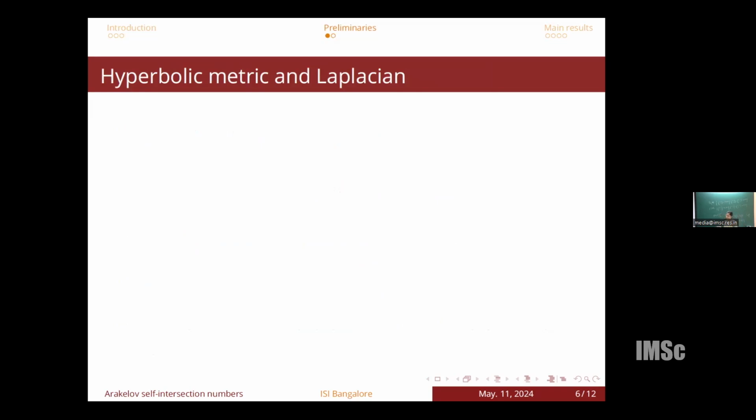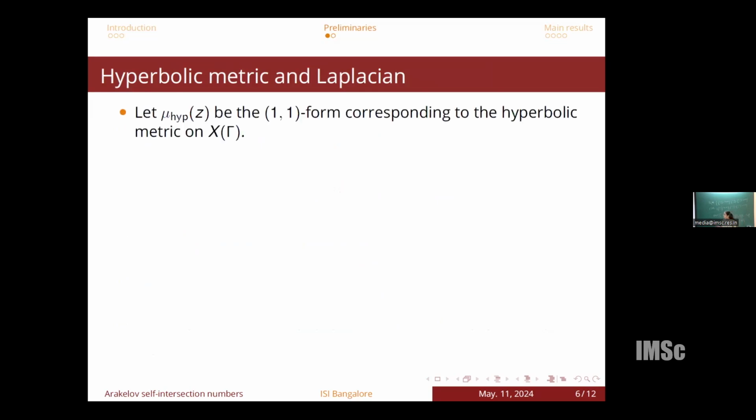First of all, there is a hyperbolic metric and a Laplacian on X_0(N). The (1,1)-form corresponding to the hyperbolic metric is denoted by mu_hyp(z), and locally it is given by this. One can compute the hyperbolic volume of the group, by which I mean V(Gamma). This is exactly equal to the integral of mu_hyp(z)